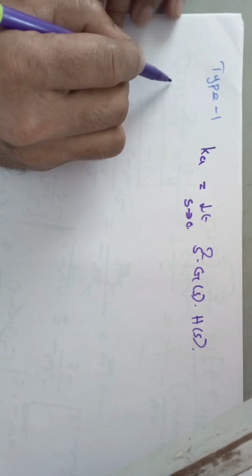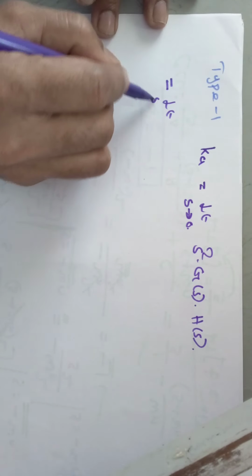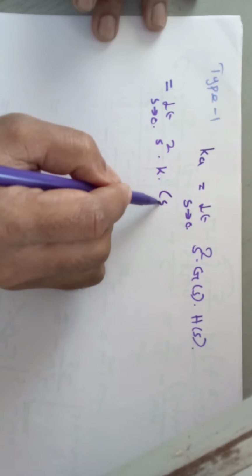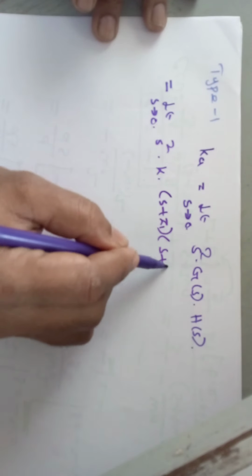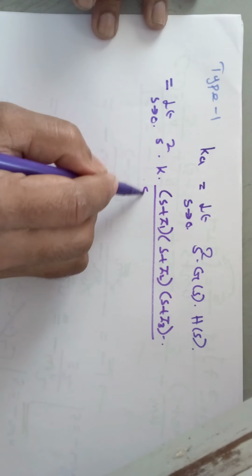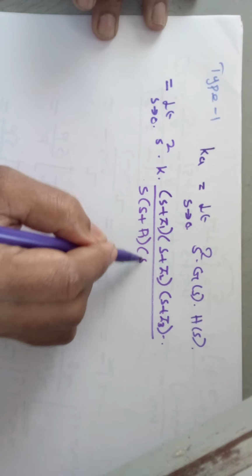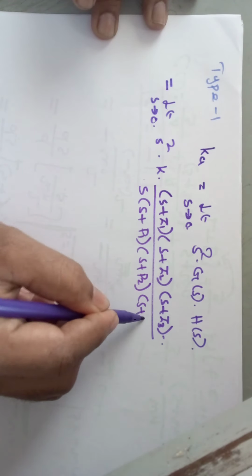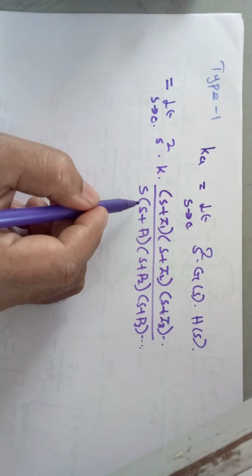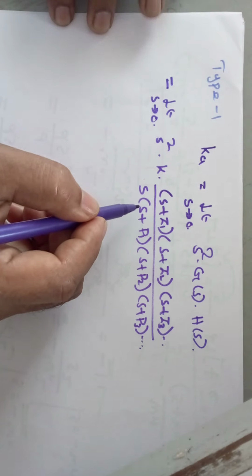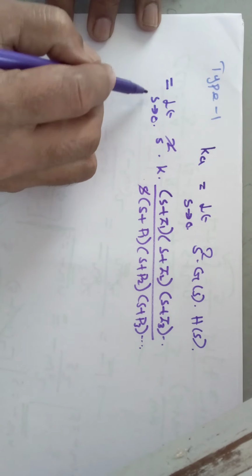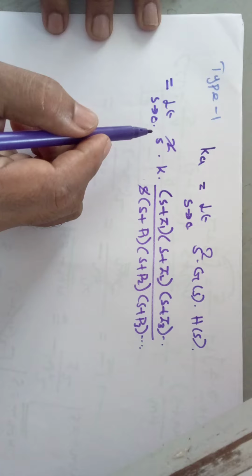Or we can calculate this as limit s tends to 0 s square into k into, now this is a type 1 system, therefore (s plus z1) (s plus z2) (s plus z3), etc., divided by s into (s plus p1) (s plus p2) (s plus p3), etc. So here s square is there, you can cancel out this s square and this s. So if you substitute s equal to 0 here, you will be getting